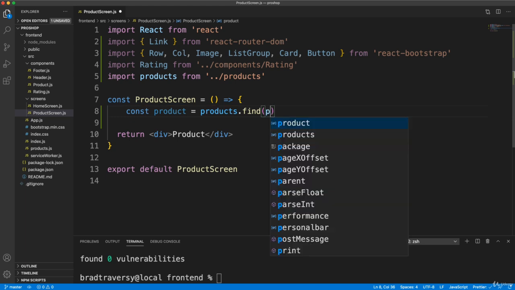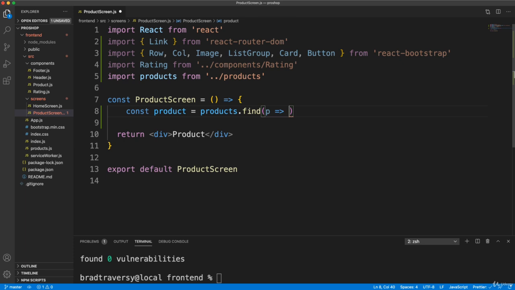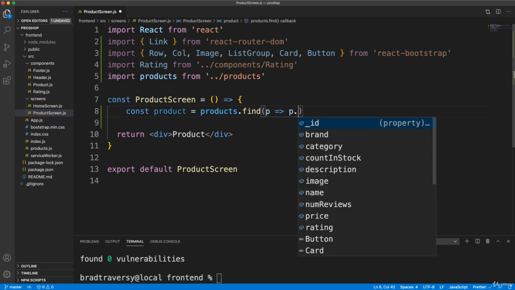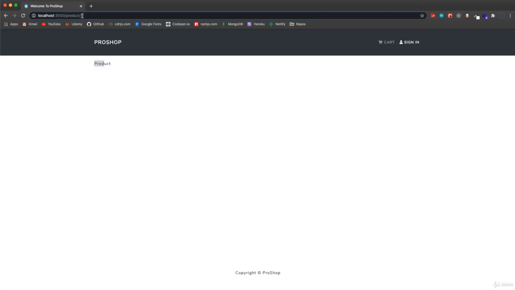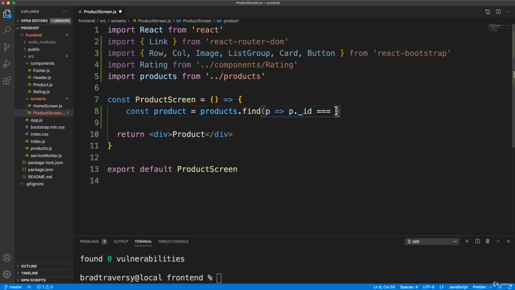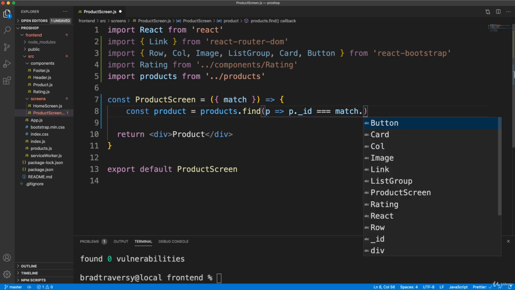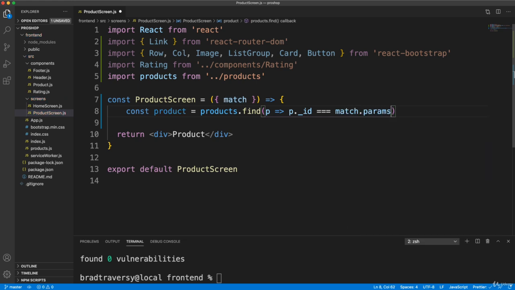And let's say for each product, where the product dot underscore ID is equal to the ID that's in the URL. So I'm talking about this right here, and the way that we can get that is through props.match. Okay, so we could pass in props here and then do props.match, but what I'm going to do is just destructure match, and if we do match, we can access dot params, and then we want to get